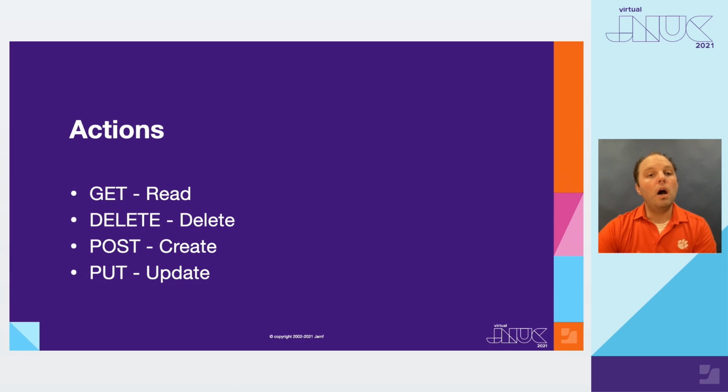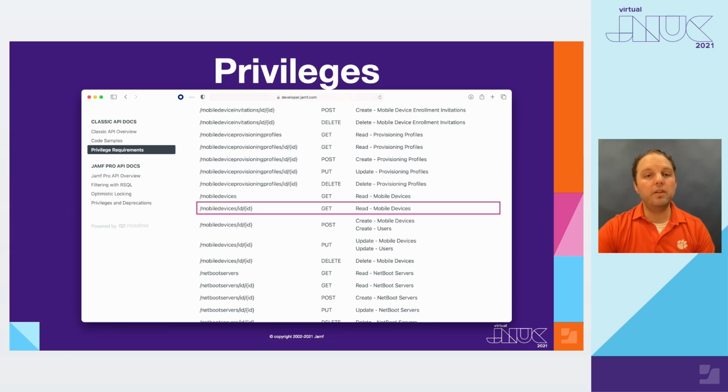Awesome. Now, we do have in our developer pages an actual documentation of the specific privileges that are required to do different things using the Classic API. So for example, here, we can see that in order to perform a GET API call on the mobile devices endpoint, our user is going to need the privilege to read mobile devices. Now, pro tip, as we are building out accounts to create API calls, we should only give that account the bare minimum privileges needed to accomplish this task. So again, what we're going to do in just a moment is create an account that only has the privilege